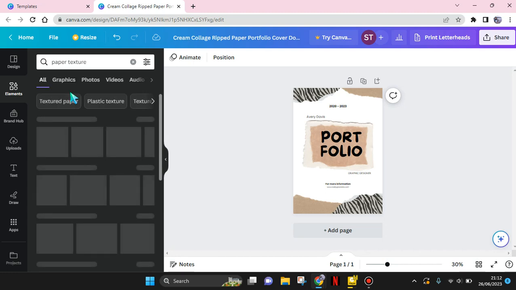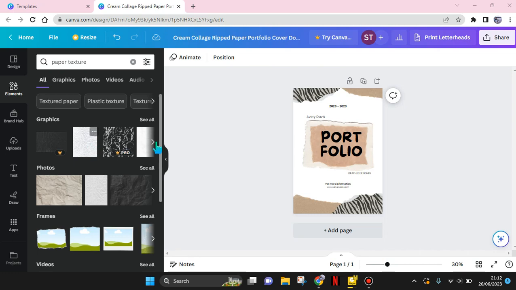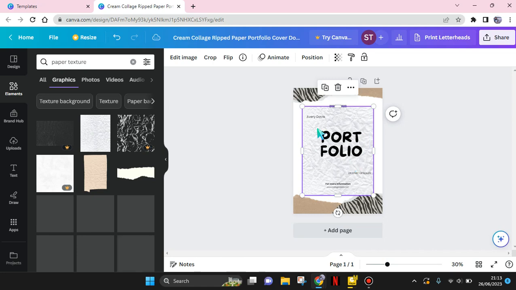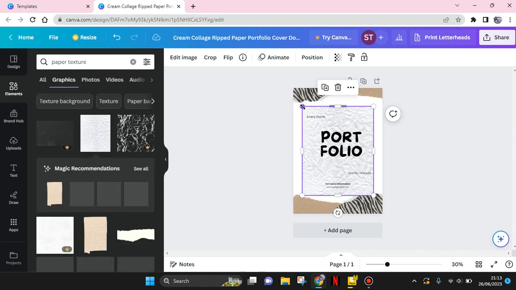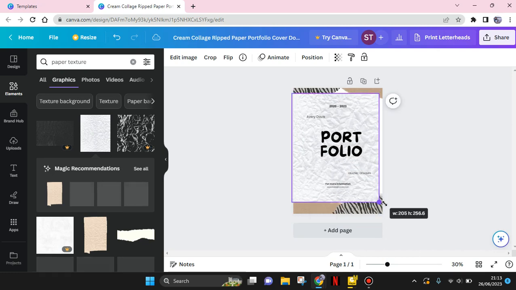Okay, and after that just find the one you like. Okay, so here I'm going to click on see all and find the one that I'm going to use. So for example, I want to use, okay, maybe this one. And after that you can just adjust the size like this,